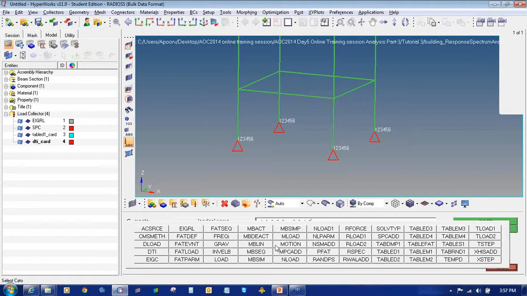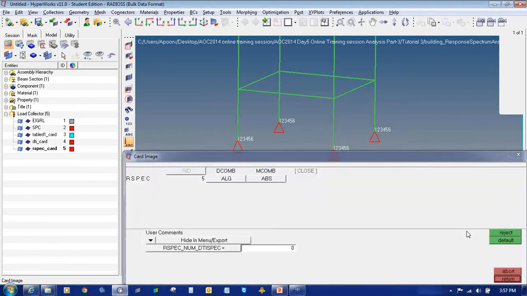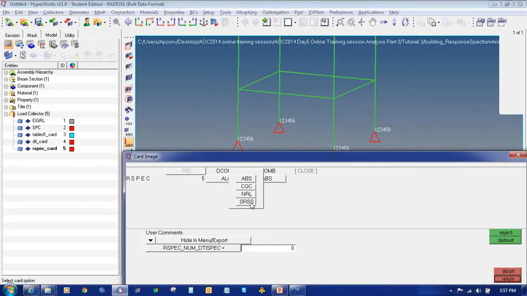Select the RSPEC card image and click on create edit. For directional combination method, DCOM, I will select ALG, and for modal combination, that is MCOM, I will select SRSS. So these are the two edits I will do.